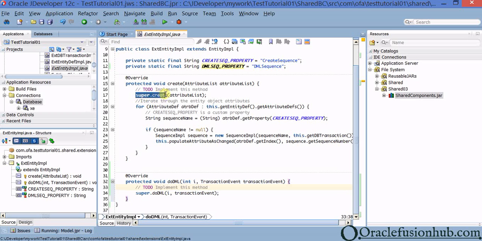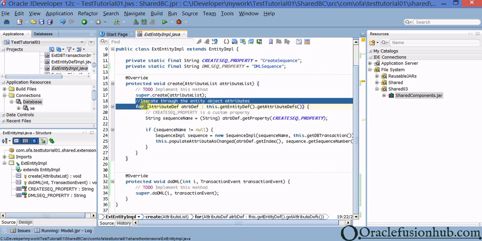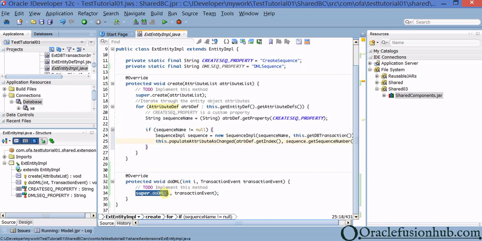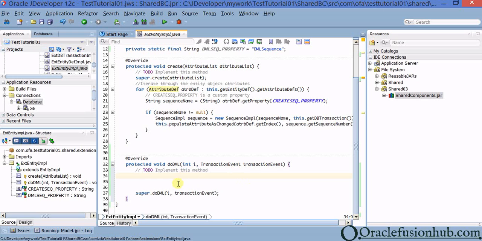Now here, if you see, I have implemented my custom code after super.create, because after the EO object is created, then I'm going to do all this. But if I do something after my DML, that doesn't make any sense. So what I'm going to do is implement all my custom code before I call doDML. So here what I'm going to do is,